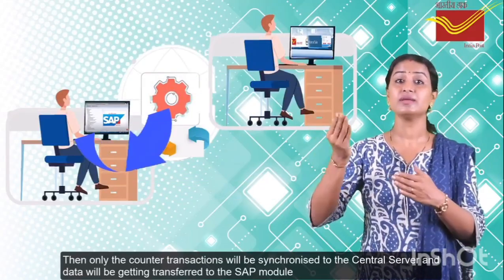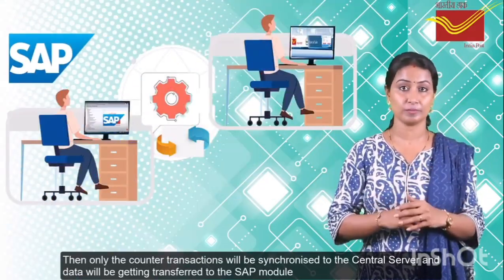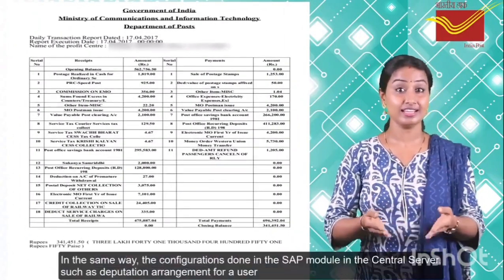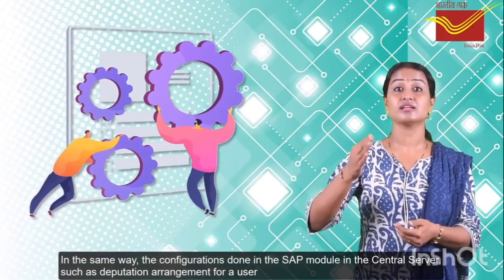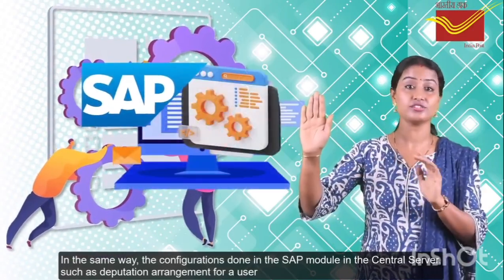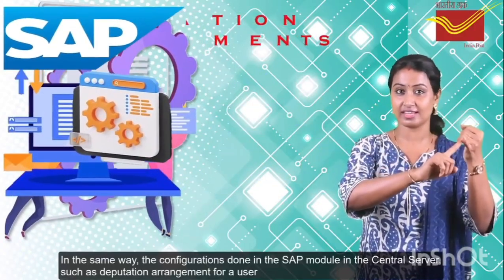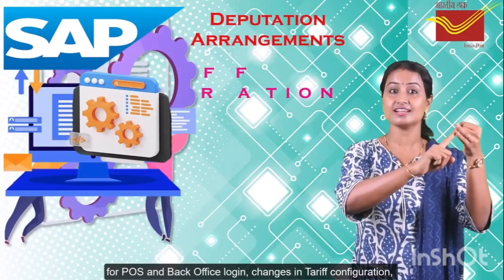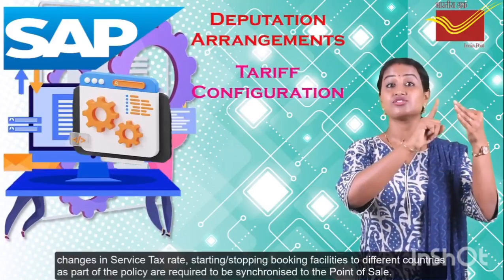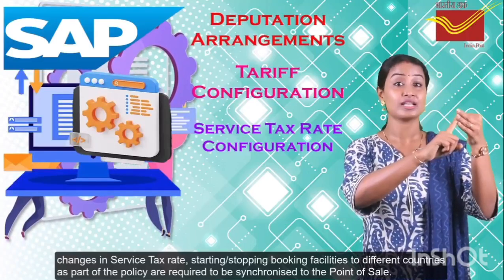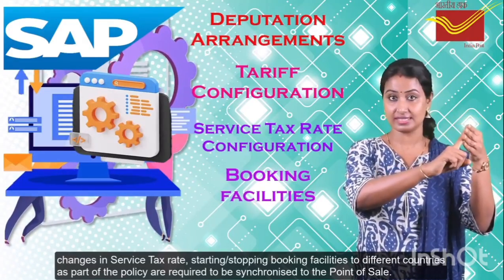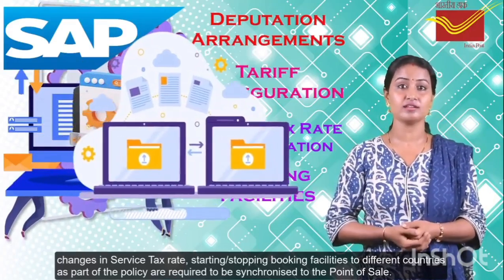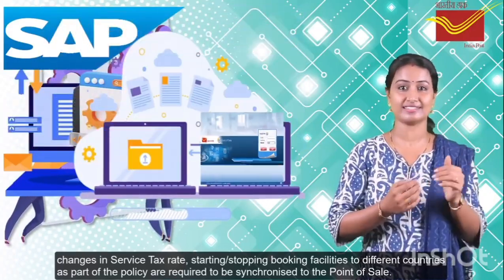to the central server and data will be transferred to the SAP module and reflected in the daily account. In the same way, the configurations done in the SAP module in the central server, such as deputation arrangement for a user for POS and back office login, changes in tariff configuration, changes in service tax rate, starting or stopping booking facilities to different countries as part of the policy, are required to be synchronized to the point of